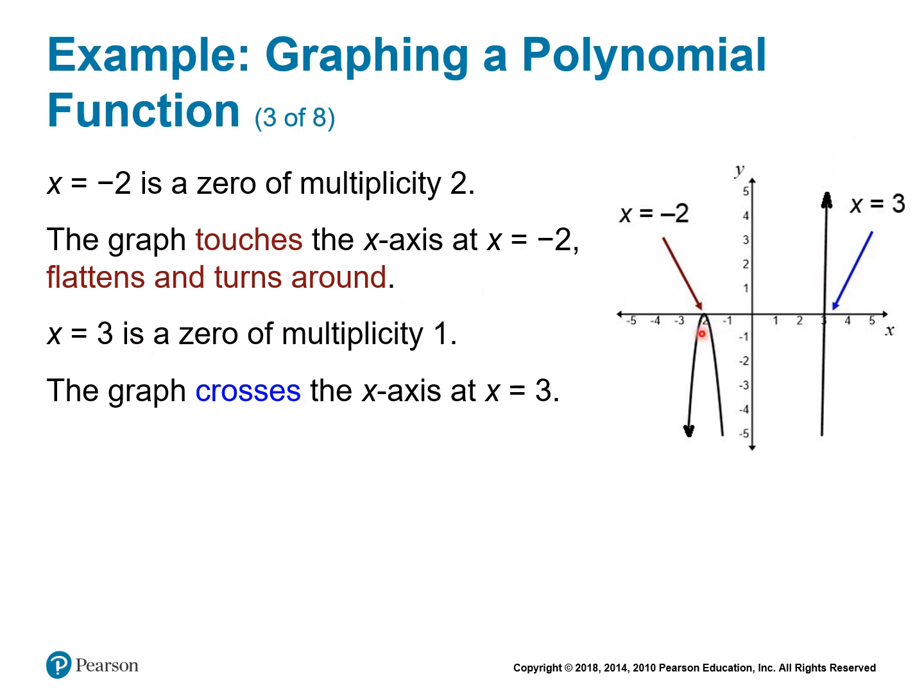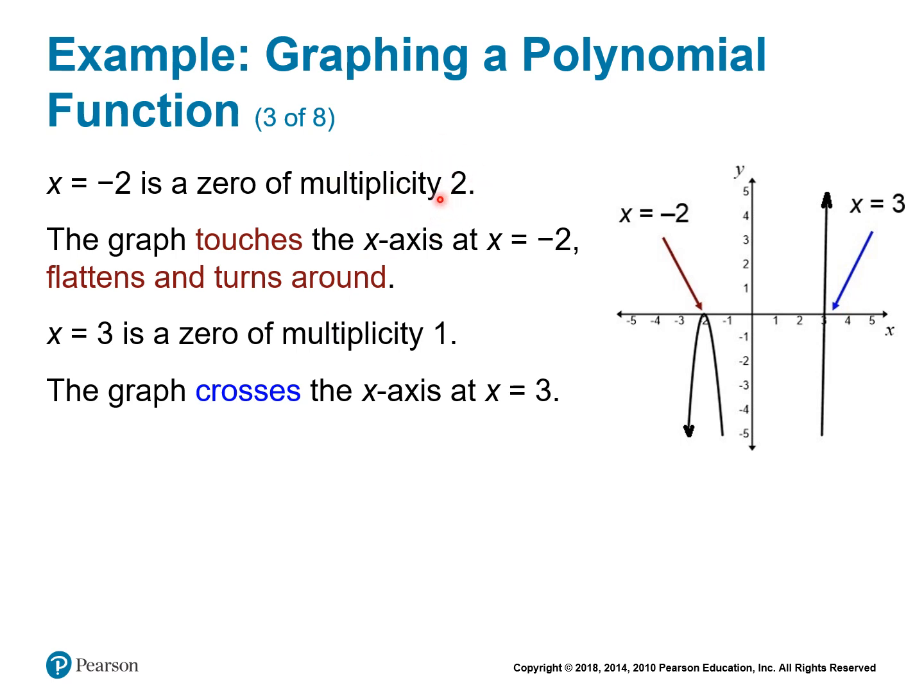This is not the complete graph, they just started sketching it with the information that we have so far. So the end behavior is shown here, and now we have to use the information about the intercepts and the